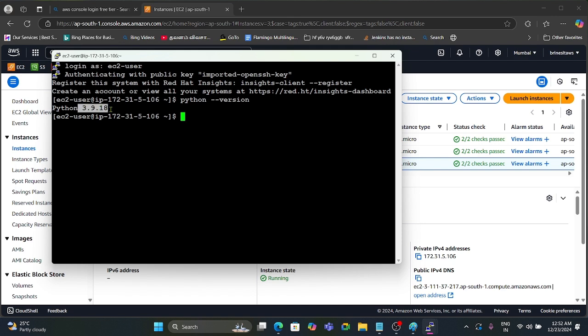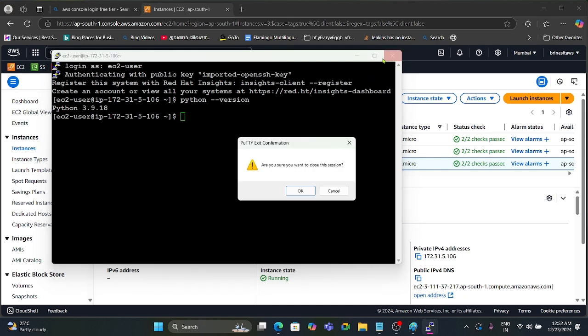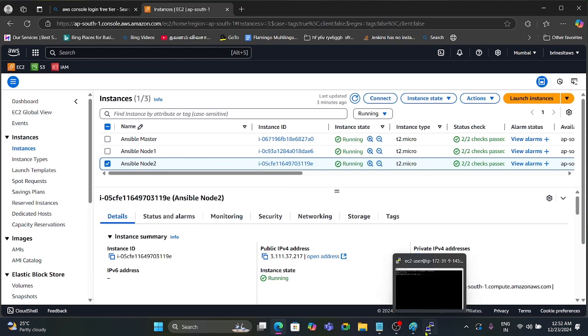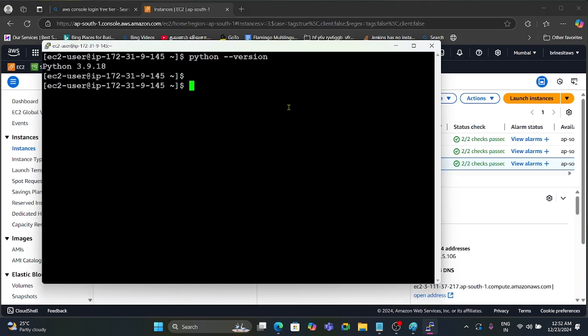Here also Python is installed. Fine, so this is how it will work. Now if you want to install Ansible, you can use pip. Actually, pip is the package management tool from Python. Okay, if you are using yum install ansible,